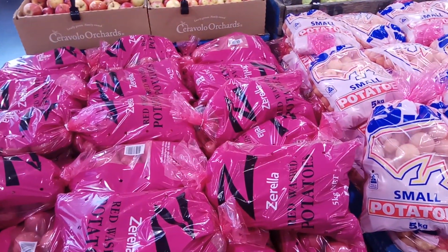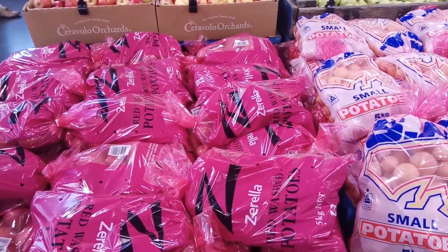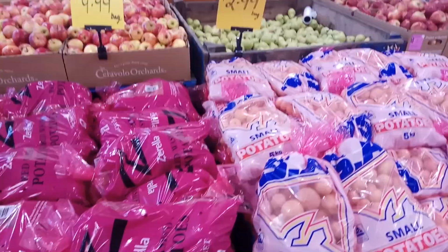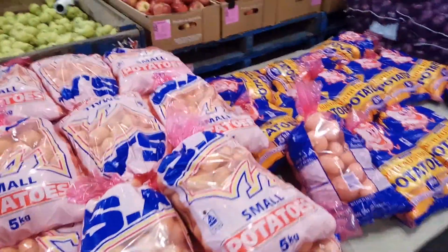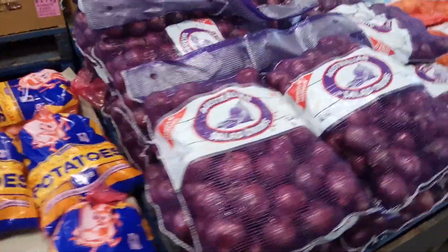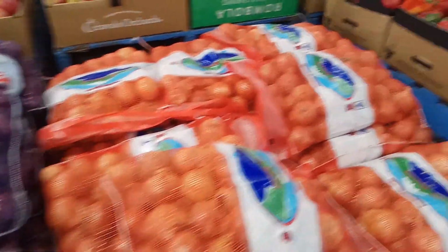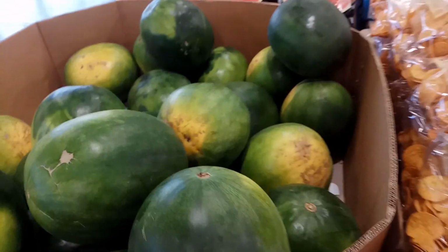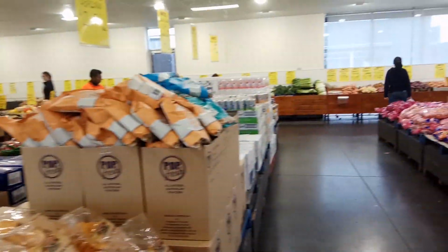Large bags of potatoes. These are very affordable. I'm not going to show the price. So if you see that bag there is $2.99 for 5 kilos. So that's basically $3 for over 10 pounds. Then they have bulk onions, which I just don't have enough room for right now, but if we ever have a walk-in pantry, I will. Got watermelon, cut and whole,